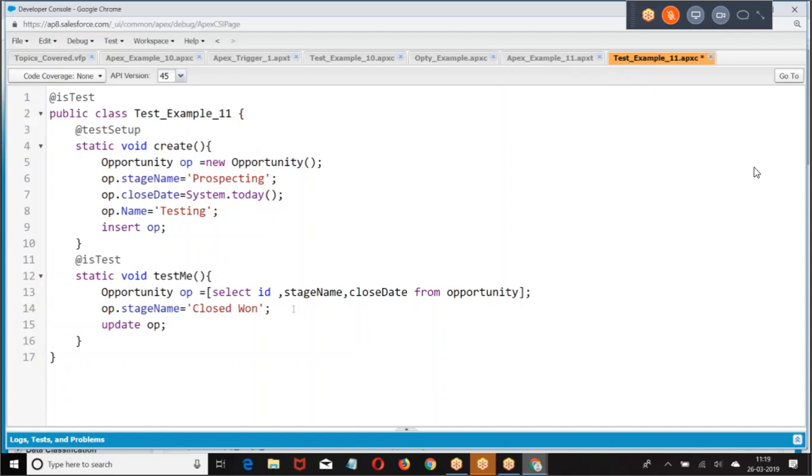Now I am fetching the data which is there in the test data. Then I modified the stage name as closed one. Then updated. When updated, what will happen? The update trigger will fire. If the update trigger is running well, then what will happen?